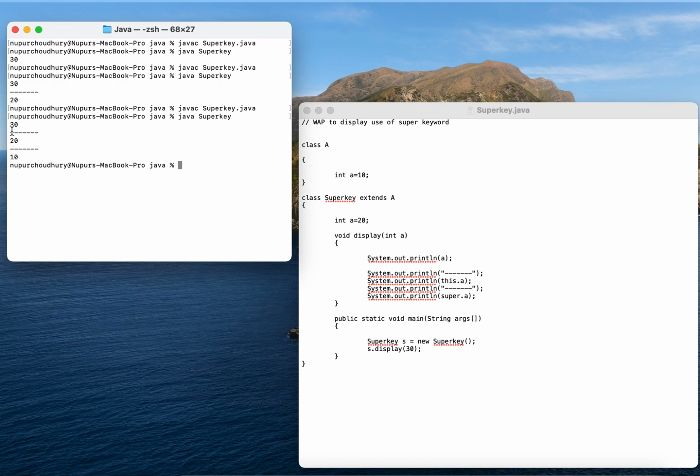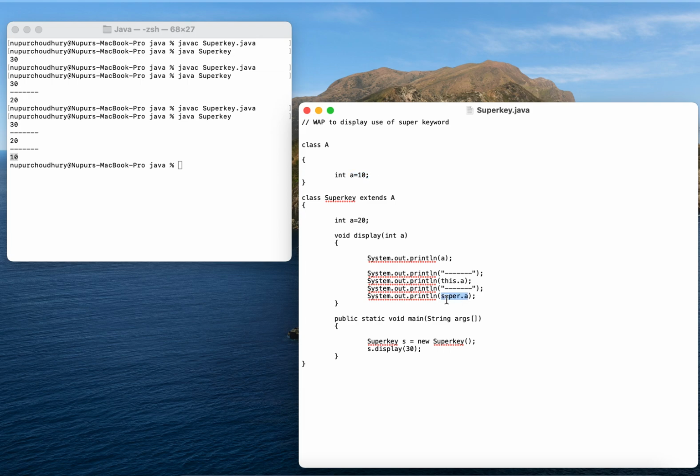Now you can see initially I am getting the value which I passed in the method call through the object. Secondly, it is printed with the this keyword, which refers to the current class instance variable. Thirdly, it prints the value of the instance variable using the super keyword.